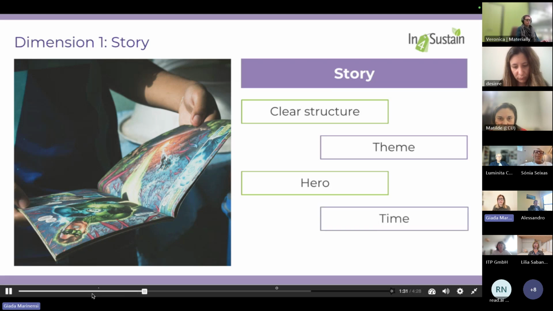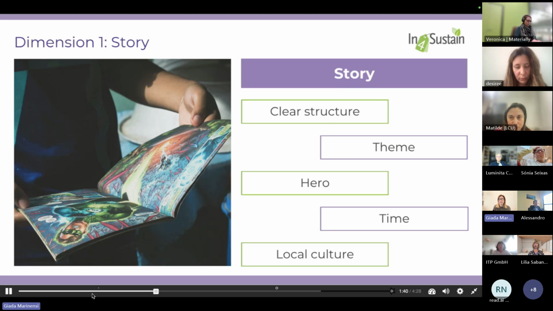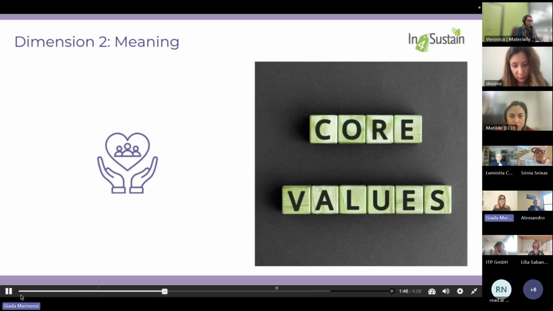Finally, time indicates whether the story takes place in the past, the present, or the future. To this we can add also local culture. When a story reflects the values or traditions of a community, people can recognize themselves in it. Meaning is what the story stands for, the values, the purpose.